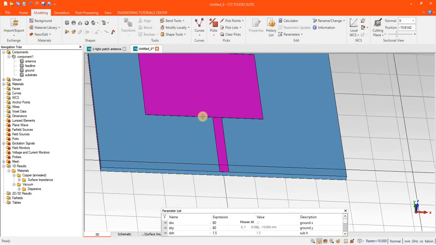Now we have to create an inset feed. The purpose of that is impedance matching. If you want to know the basic concept of how to match the impedance to 50 ohm, you can see my lectures in the separate antenna tutorial series.